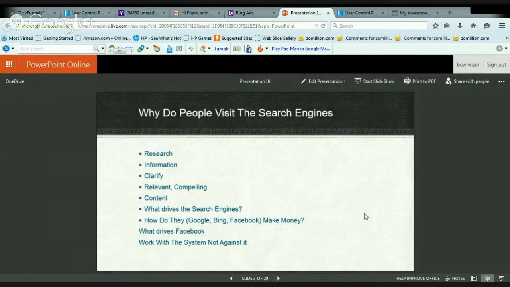People go on the search engines and search stuff, or maybe they just want clarification. Like, I do this a lot, so there are certain words sometimes I can't spell. I'll go to Google and get a clarification of how to spell a certain word. And so if you look at the search engine, especially Google, you'll see that Google is kind